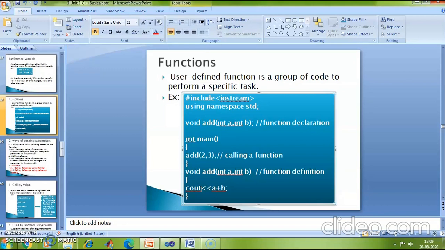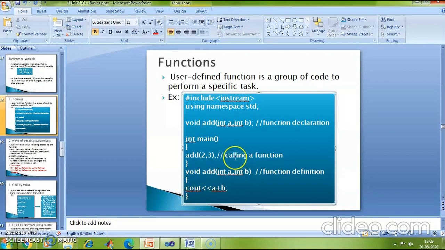I want to add two numbers and print the result on the screen, so I use a cout object with the insertion operator and add these two variables, printing the value on the screen. Now you see this function doesn't have any return statement and hence the return type is void. Once you finish your task, close the scope of this function with the closing flower bracket.